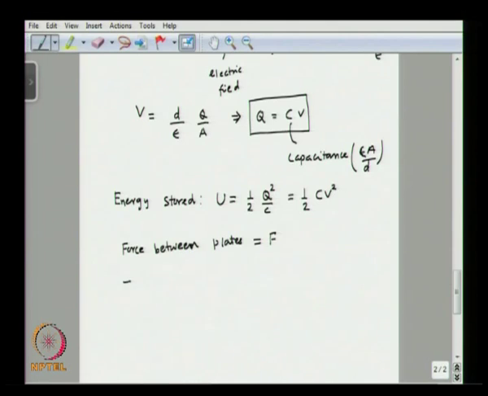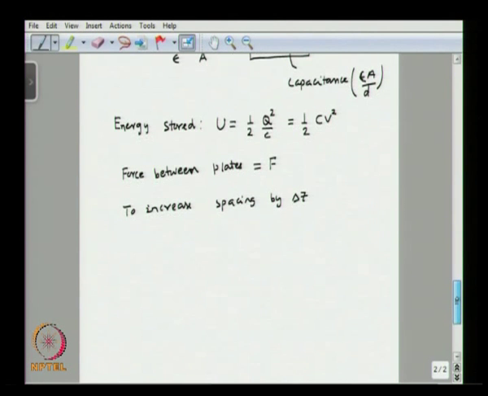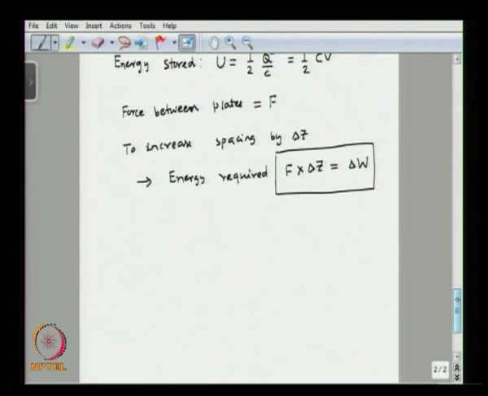and to increase the spacing by delta z, the energy required would be F into delta z. So let us call this delta W as the energy required. Now, the corresponding change in the energy stored. So, change in stored energy,